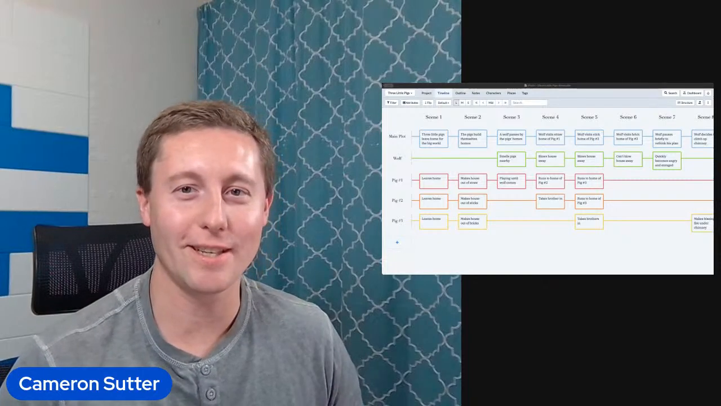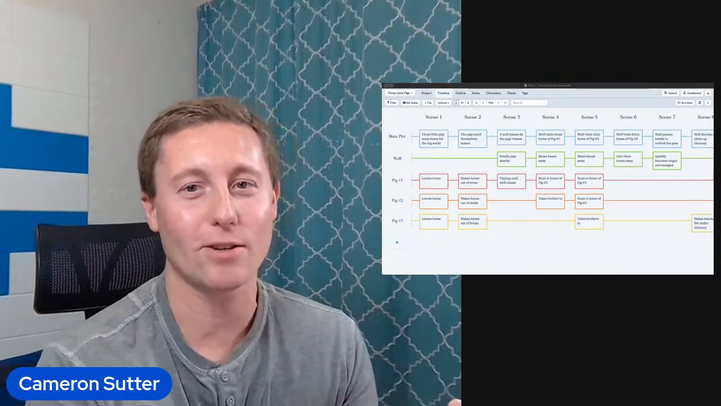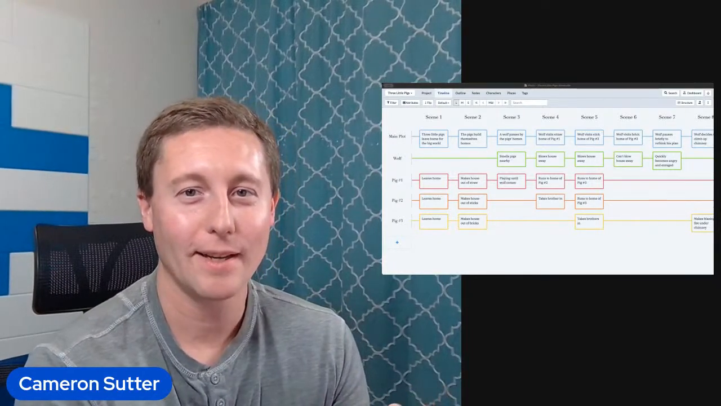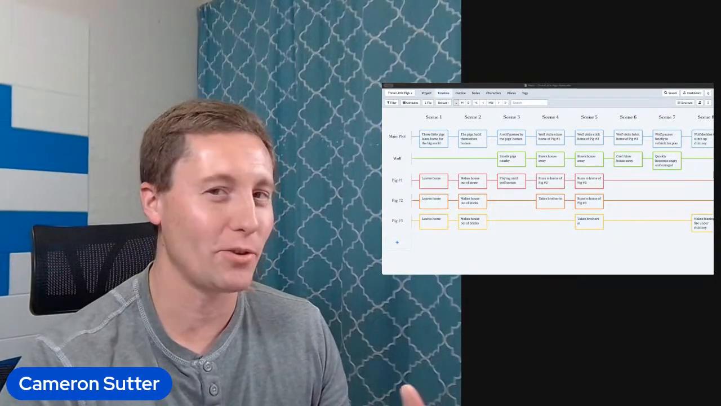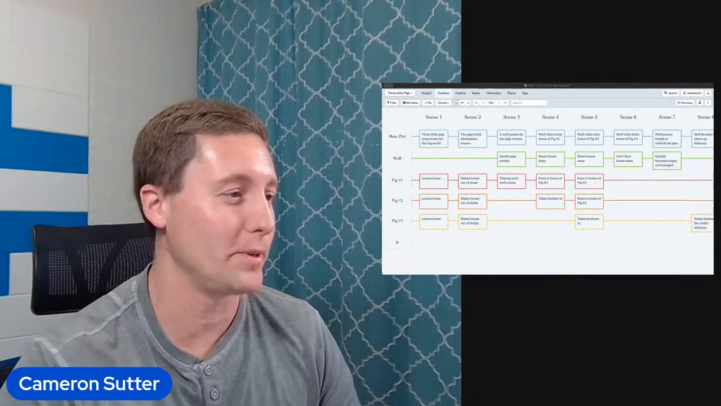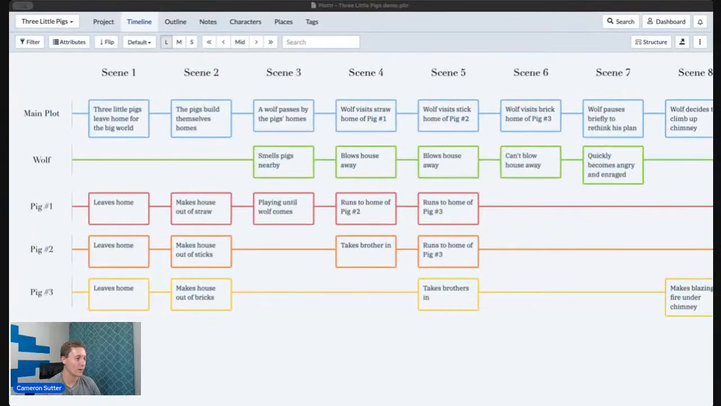So this session is about creating deep character arcs with Plottr, and so I'm really excited to show you how in Plottr you're going to be able to do that. So I'm just going to make myself small here and Plottr bigger. So I'm going to come at this assuming that you pretty much know how to use Plottr,